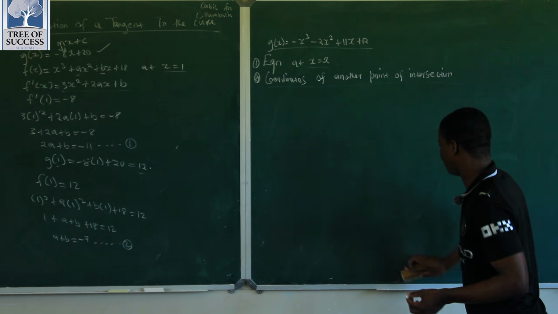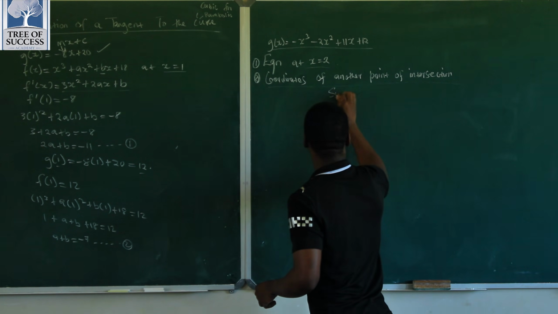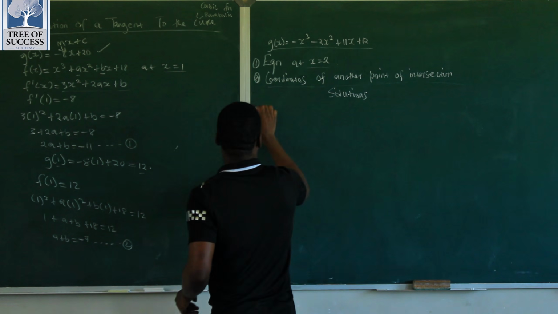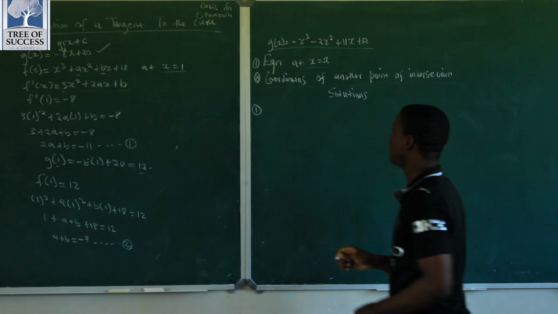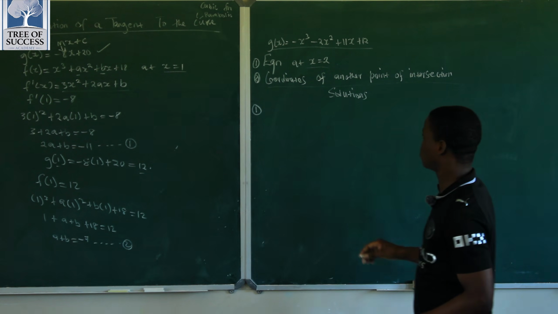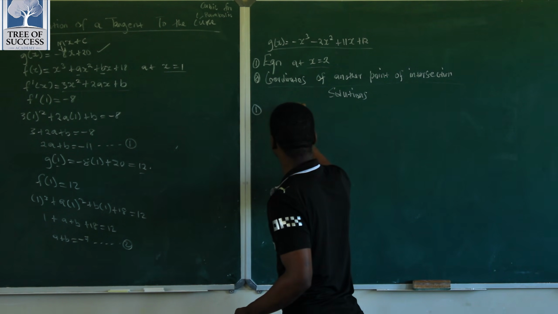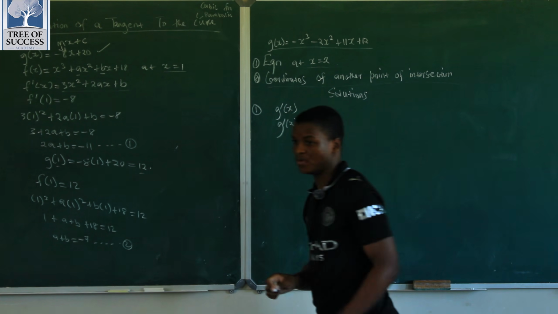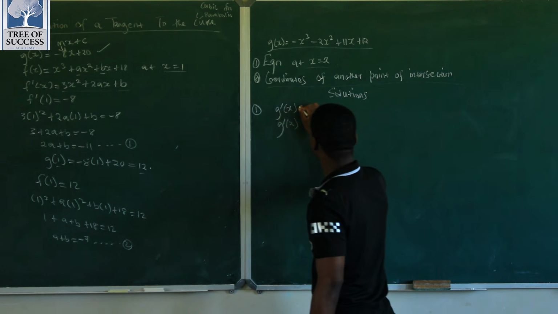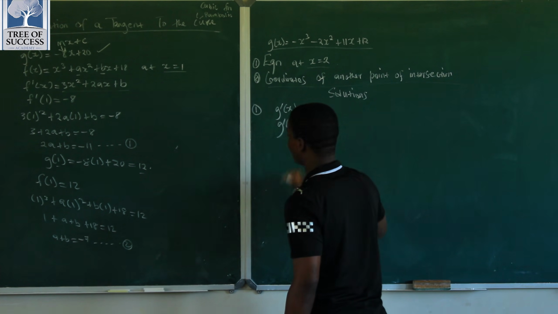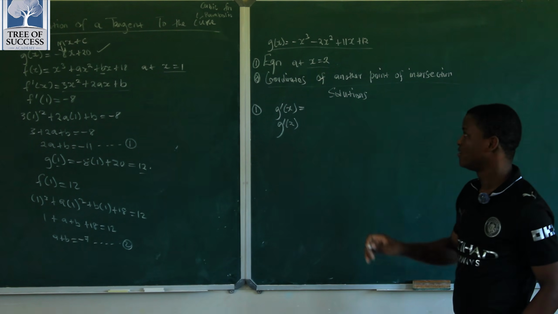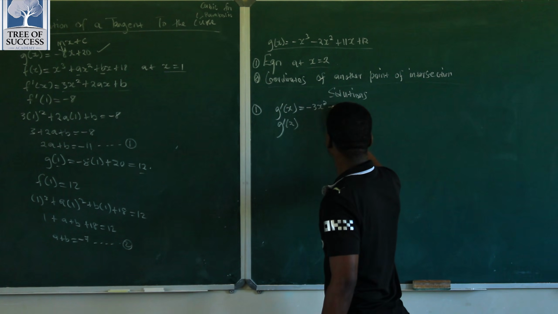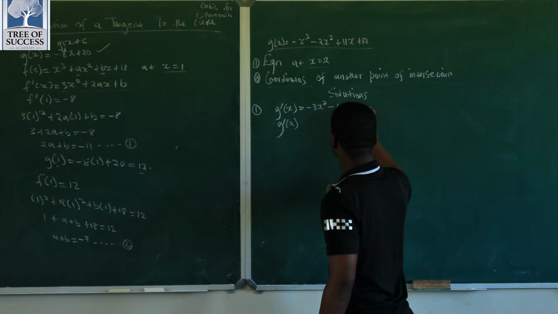So the first one, let me write the solutions here. The first one, we want the equation of a tangent at x equals to 2. So we know we must first get g prime of x and then get g prime at 2, right? Okay, g prime of x. Mind the signs, please. Mind the signs. It's negative 3x squared, minus 4x,